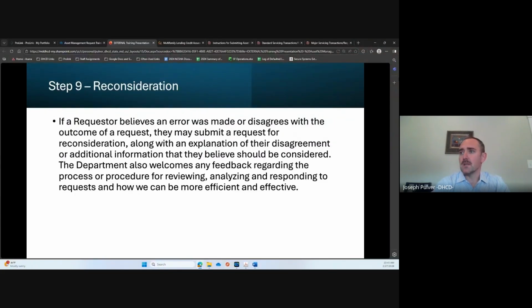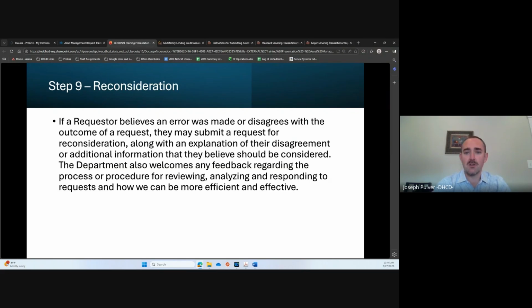Right, and so if at any time somebody believes there was an error made or disagrees with the outcome of a request, or something's been terminated and you feel like it should not have been terminated, obviously try to work with the people who are members of the work center team. And if you're not able to resolve that, then we encourage you to send a communication to our multifamily leadership team or the DCA leadership team. Which could be the director of multifamily, one of our deputy directors, or myself as the director of DCA, and Sonia Vini, the deputy director.